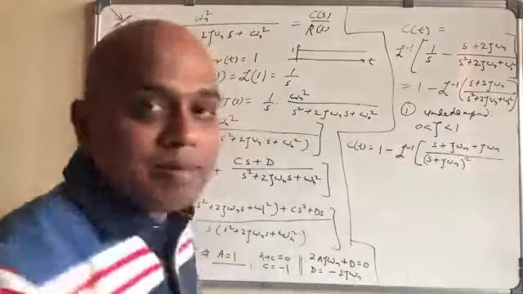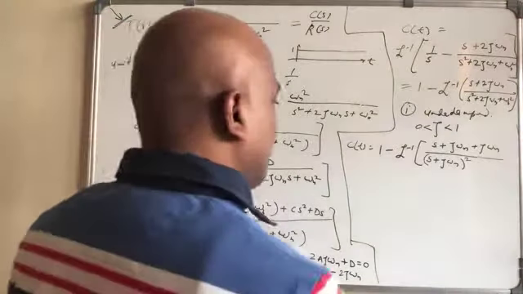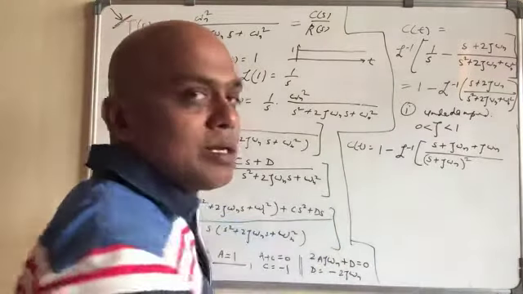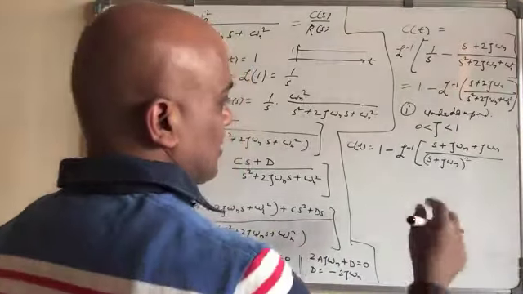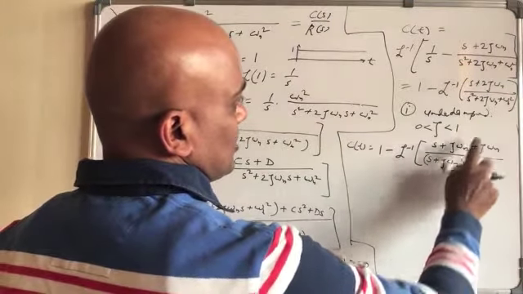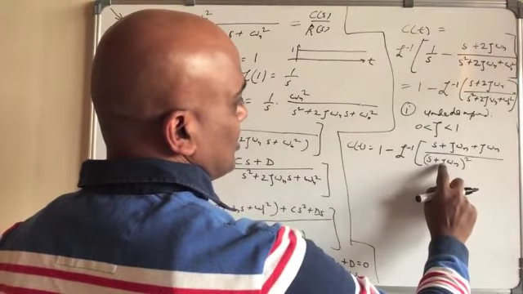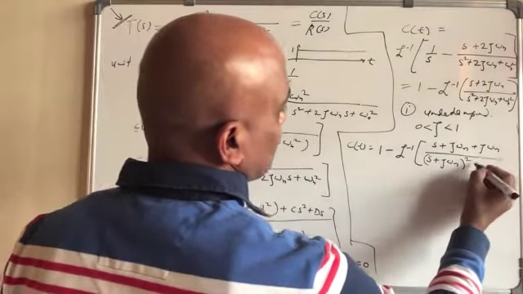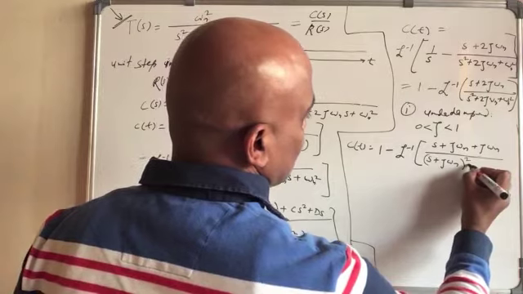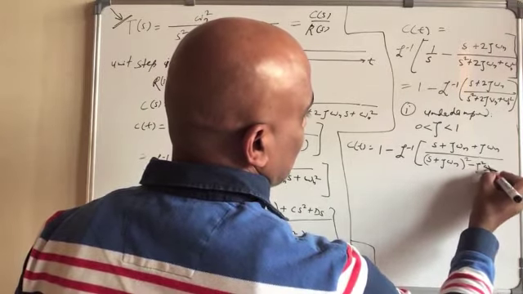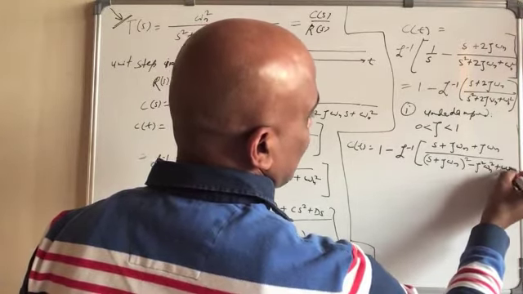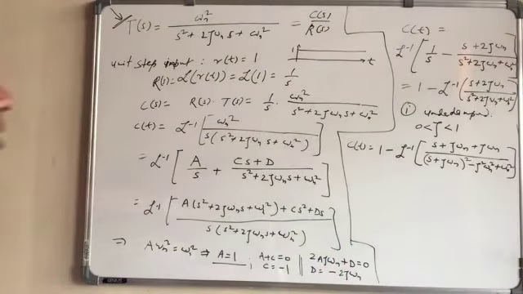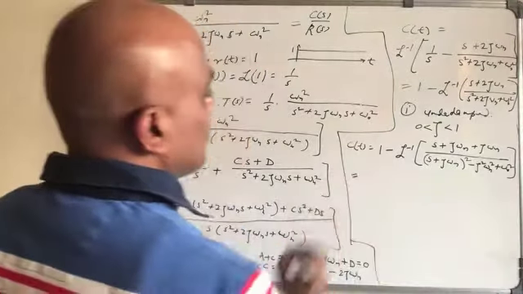So all these things we have done already earlier, so we are just revising it. So (S plus zeta omega n) square, and we have done this during the vibration lectures. So we have S square plus 2 zeta omega n S plus zeta square omega n square. So we write minus zeta square omega n square plus omega n square. So that's what you get here, right? Okay, and will be equal to